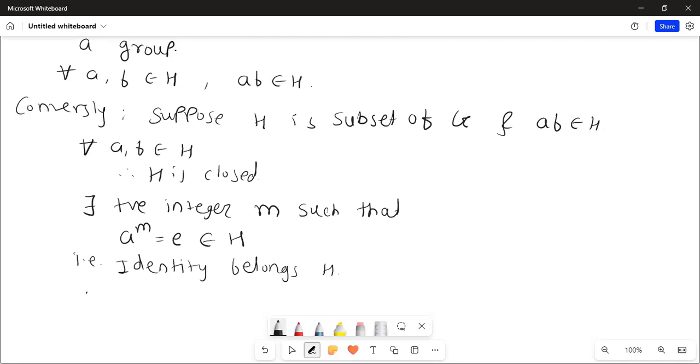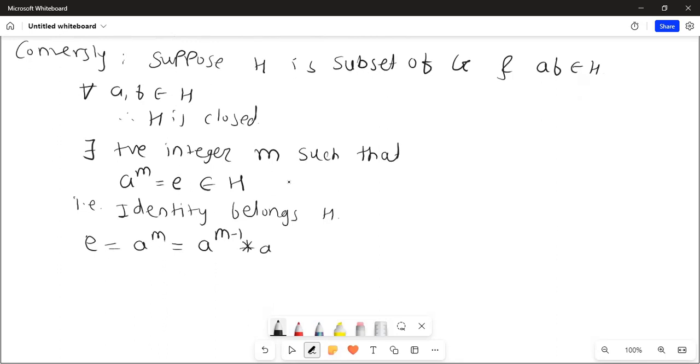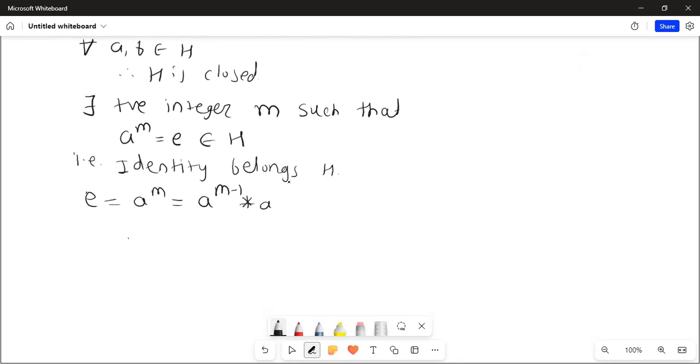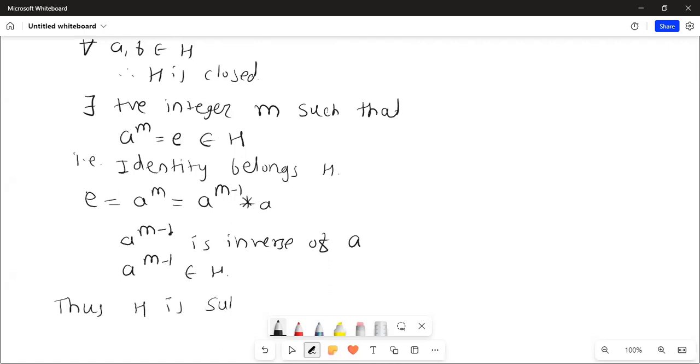Then e is equal to a raised to m, that means a raised to m minus 1 star a, and a raised to m minus 1 is the inverse of a, and a raised to m minus 1 also belongs to H, and thus H is a subgroup of G. And hence